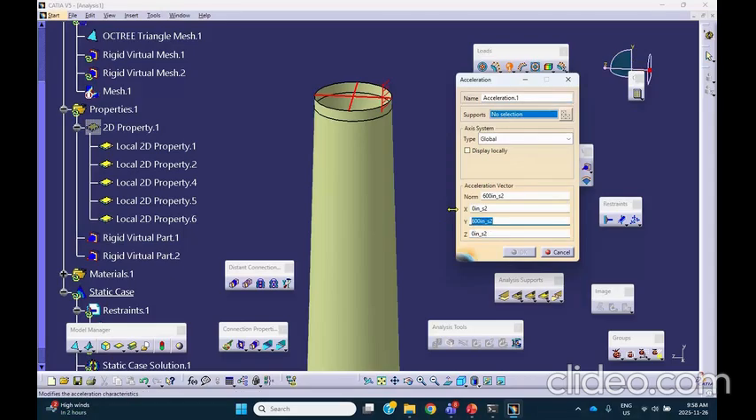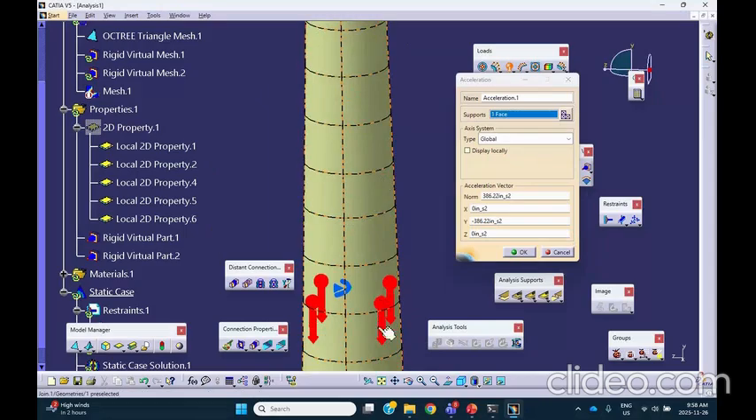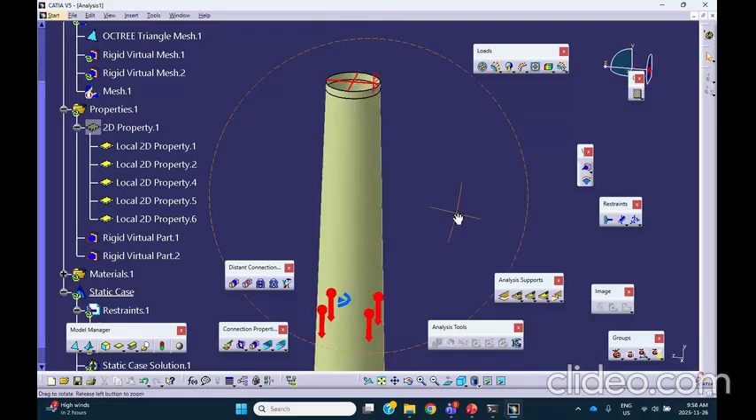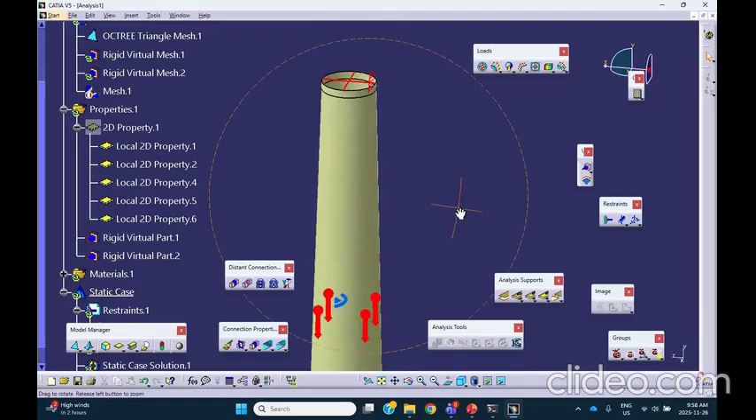minus 9.81, or should be meter underscore S2. I forgot to change the unit of gravity, so it was inch per second squared. Now I type minus 9.81 meter per second squared in the y direction for the whole thing. And notice that that's the correct direction. That's okay, no problem. Now, for the force on the top,